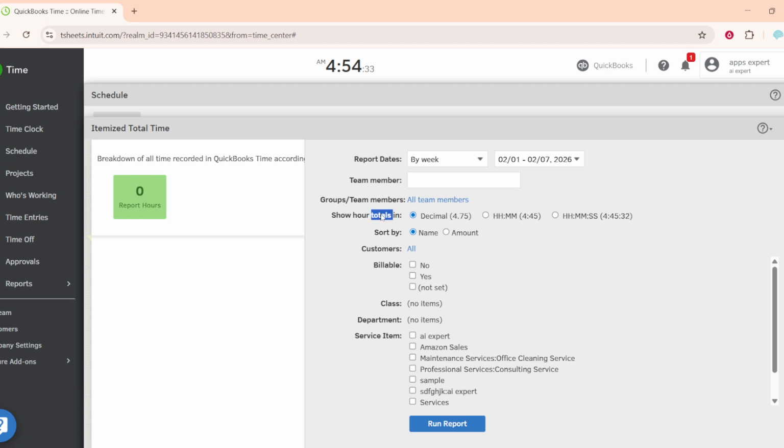Choose how you want hours displayed under Show Hour Totals format. Decimal shows time like 4.75, which is great for payroll systems that calculate in decimals. HHMM displays time as hours and minutes like 4:45, and HHMMSS includes seconds, like 4:45:32, which can be helpful for